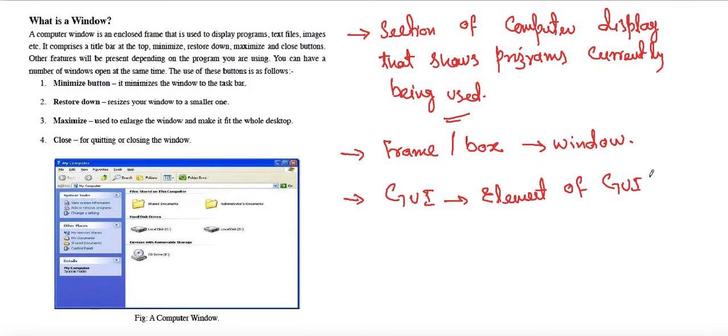So with the help of a window, a user can work with multiple programs.